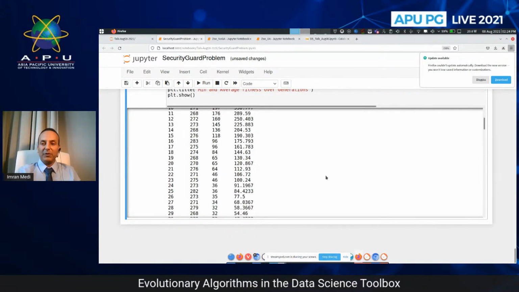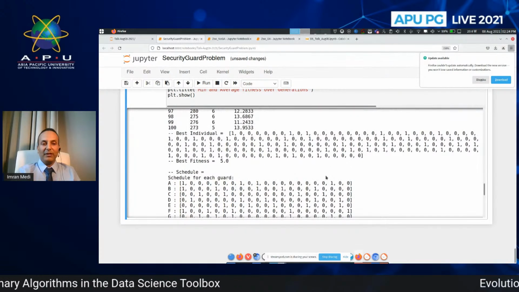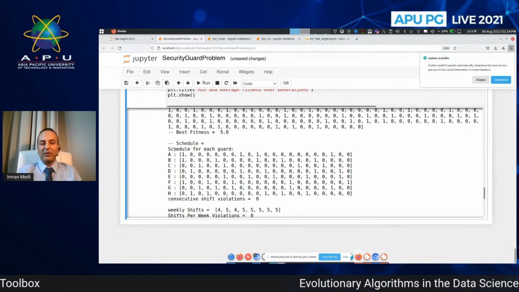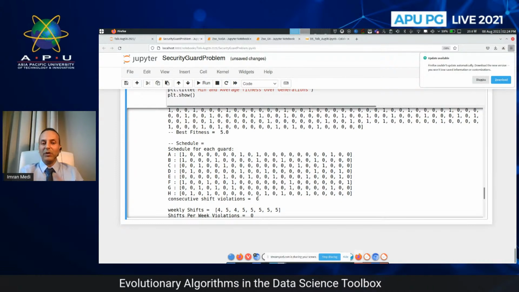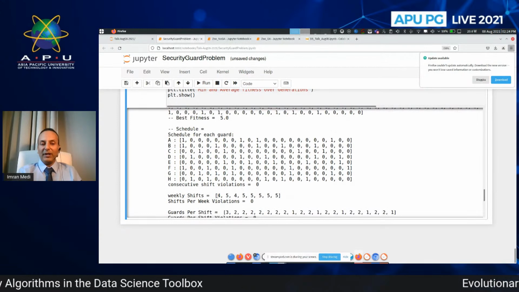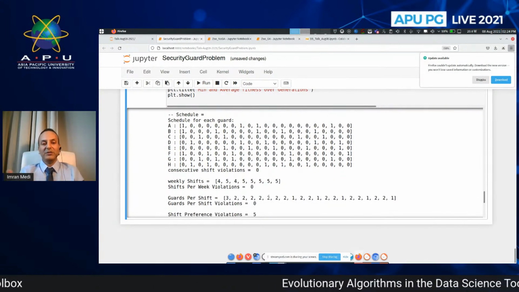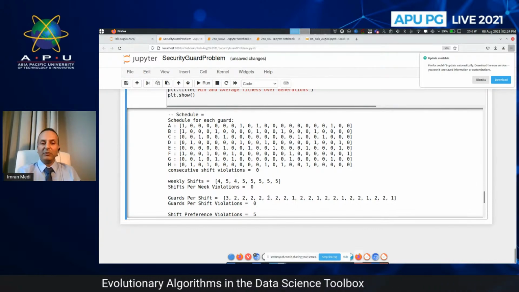But through this process, eventually, it's already finished, we can end up with a schedule for our guards. So in this particular case, I coded up 8 guards. There are no shift violations, so no guard is working 2 consecutive shifts, no guard is working more than 5 shifts, and we have the appropriate number of guards on duty every day, morning, afternoon, and evening. So we have no violations.